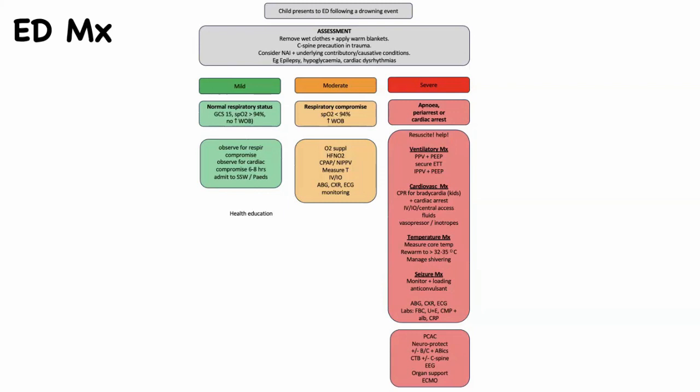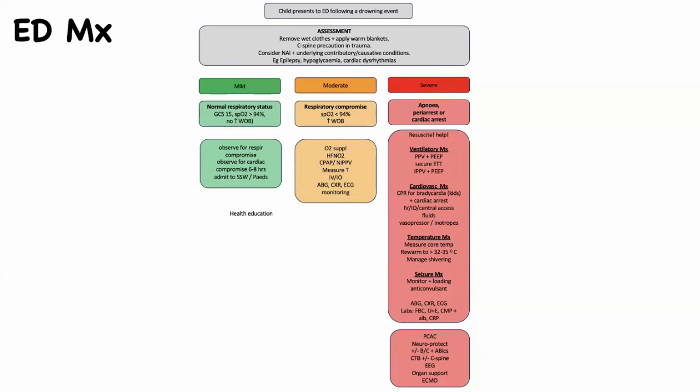This patient will need intubation, so you need to secure an advanced airway, and it has to be an ET tube. It shouldn't be a supraglottic airway device unless you can't intubate, but these patients do need an ET tube, and they need positive pressure ventilation with a good PEEP on a ventilator. If they're bradycardic, if they're children, you need to start CPR.